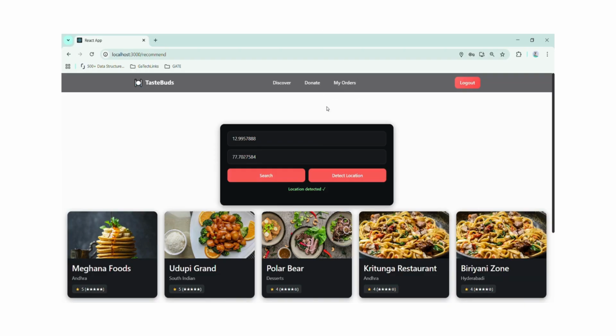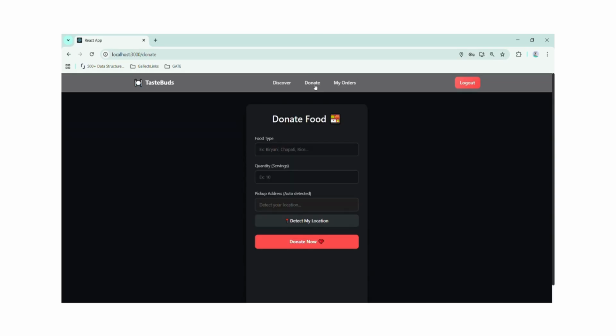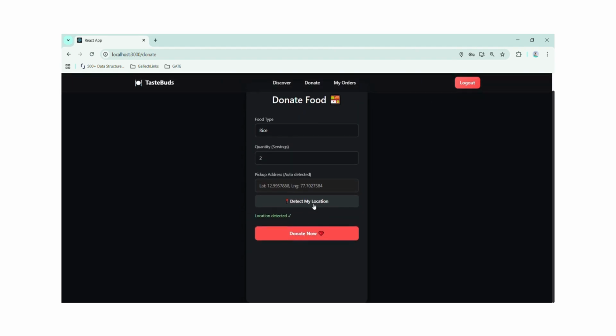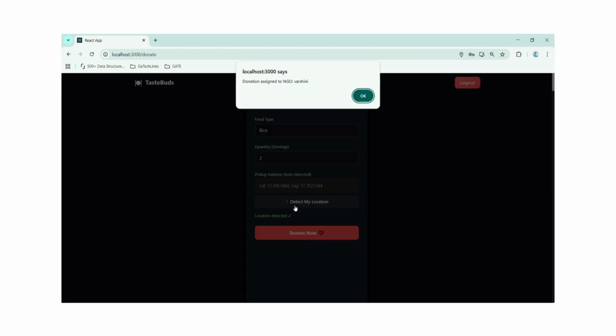And coming to the second part of our project, that is to donate. Suppose you have any surplus food and we wish to donate to the NGOs or to the needy people, so we have this option to donate. Over here we'll be entering the food type that we have, that is, let's say I have surplus rice, and let me say I have 2 kg of rice which I have prepared. I'll give my live location, and based on this I'll click donate now,